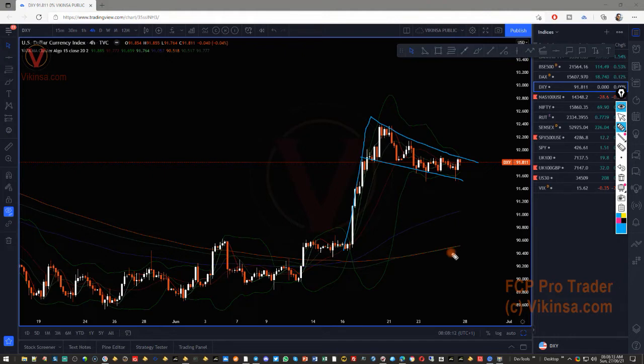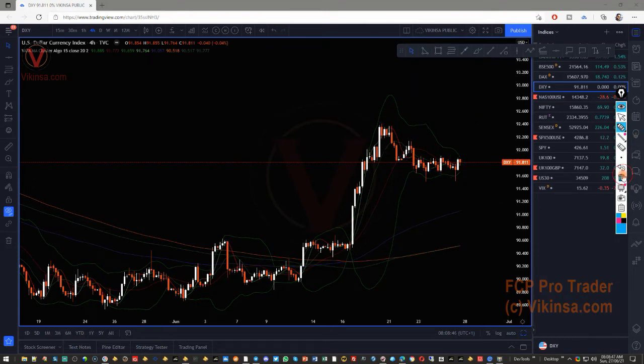So this is what we have, but in our FCP methodology we do not use these subjective patterns because they are very subjective. It depends on how you draw them. We have specific rules on exactly how we draw things, and all of those rules are number based. So we'll never draw something like this, but I'm telling you because a lot of traders want to look at these things as well. So this is a flag, and if it starts to break to the upside, then you know what's coming, and if it starts to go down, then you know what's coming, because sometimes these flags can also go in the opposite direction.